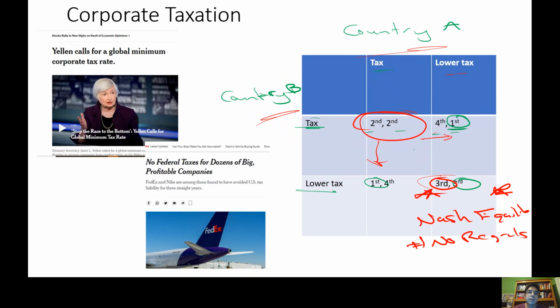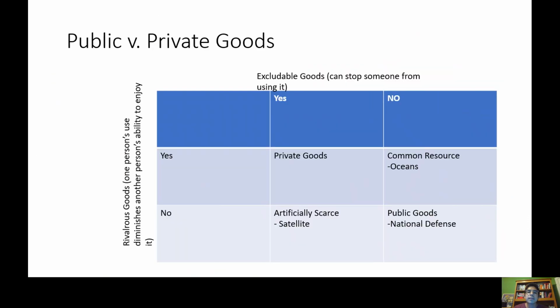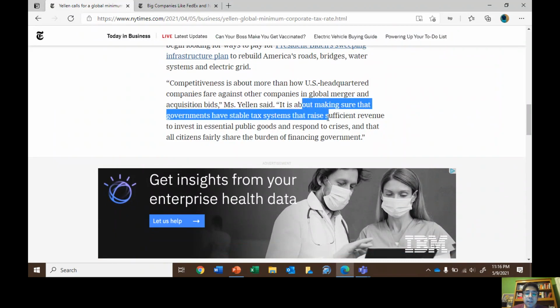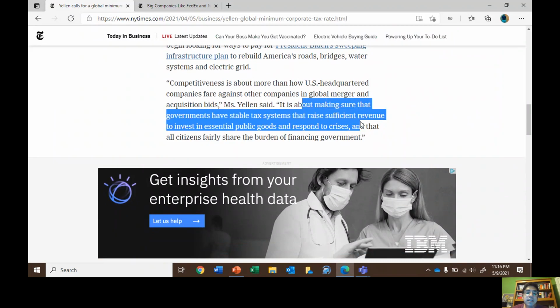But I also want to talk a little bit about why Yellen says taxes are good, right? She talks about competitiveness as being more than just attracting economic incorporation or economic activity and incorporation into one country's society. She also appeals to this idea of generating taxes so countries can provide public goods, right? So she kind of defines competitiveness. She says competitiveness is about making sure the governments